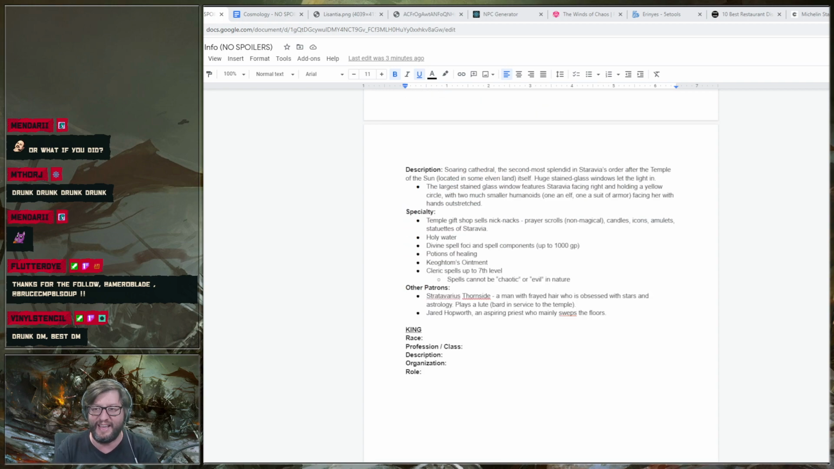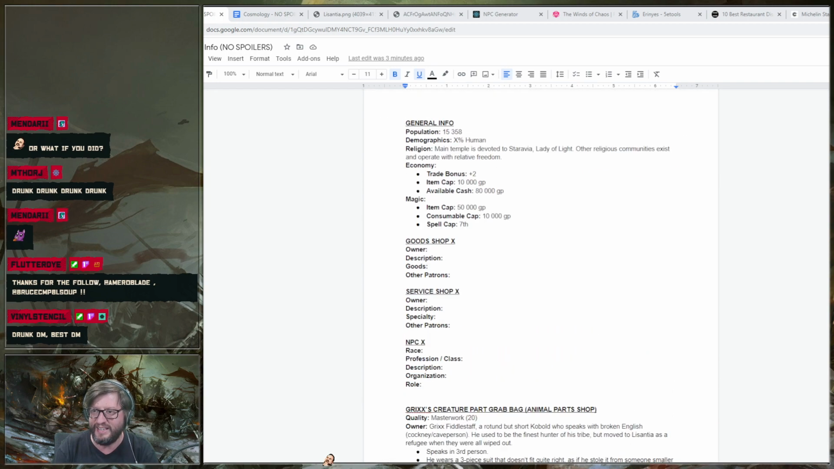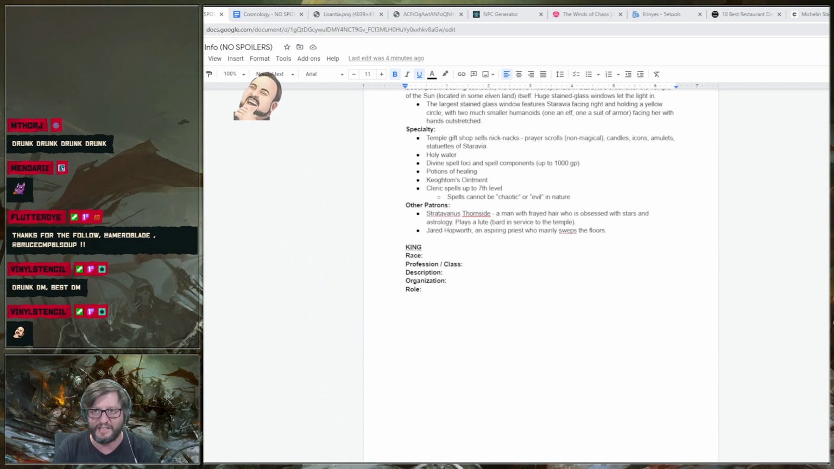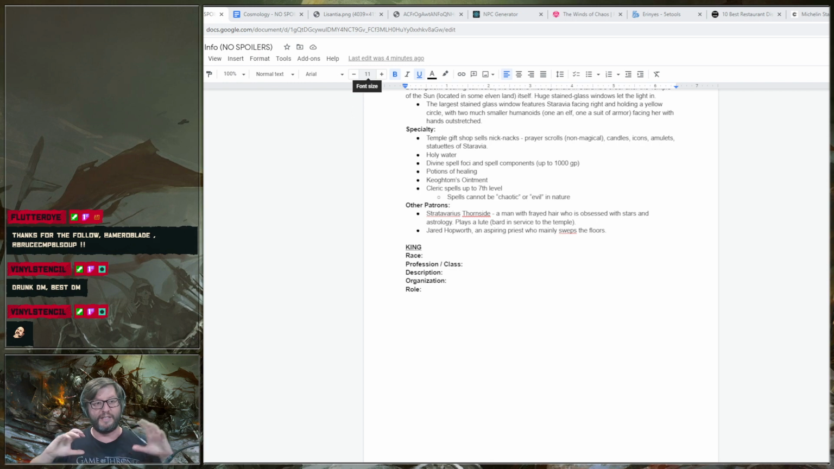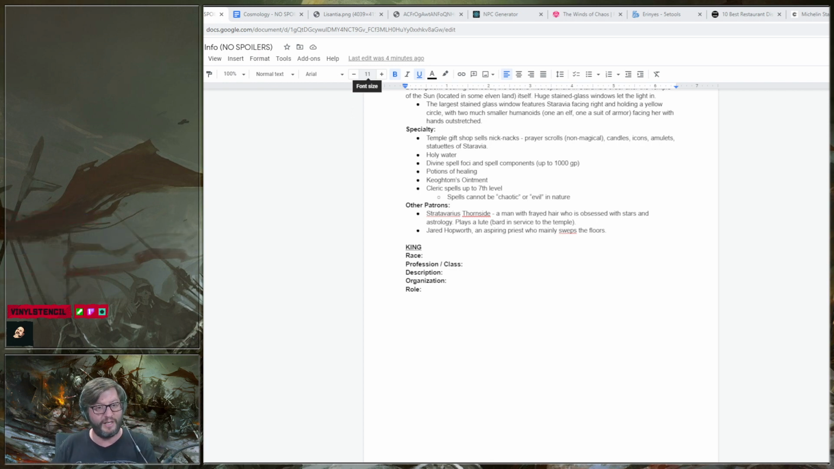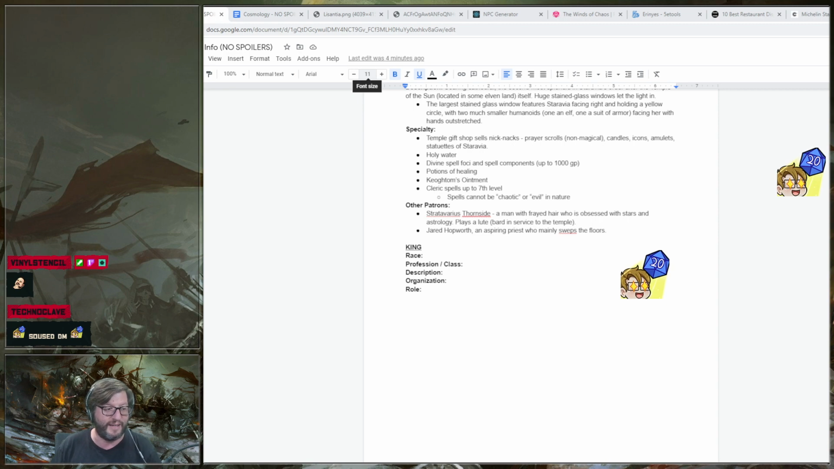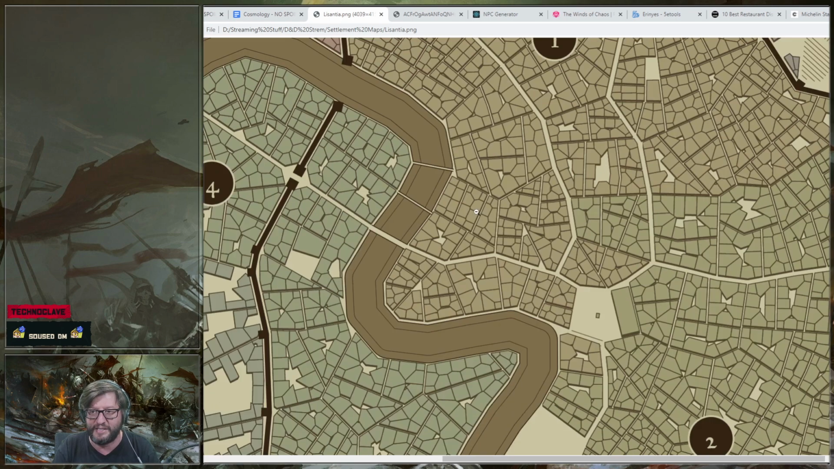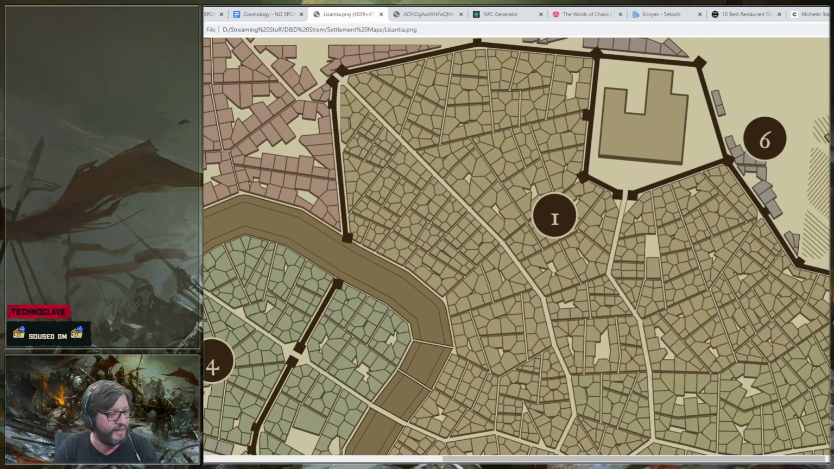But we are creating the first major city in this campaign. So our characters have just crossed into a new country. They're not going to the city in tonight's session, but they will be heading there in the future. It's a city called Lysantia. I made this on a website that can kind of auto-generate